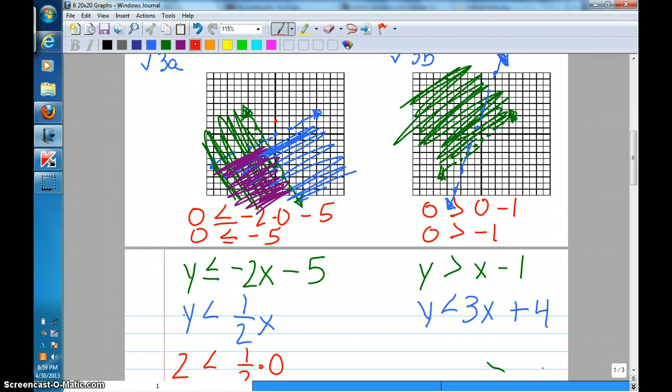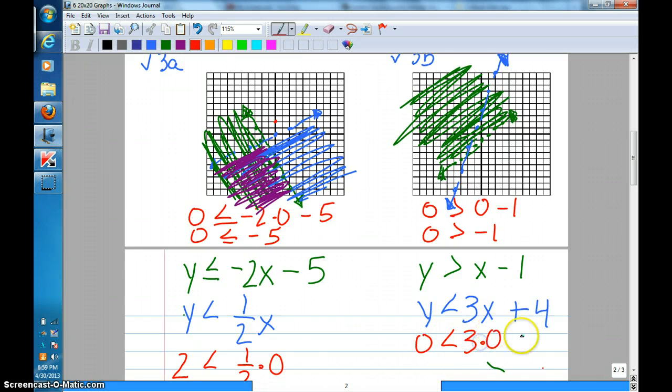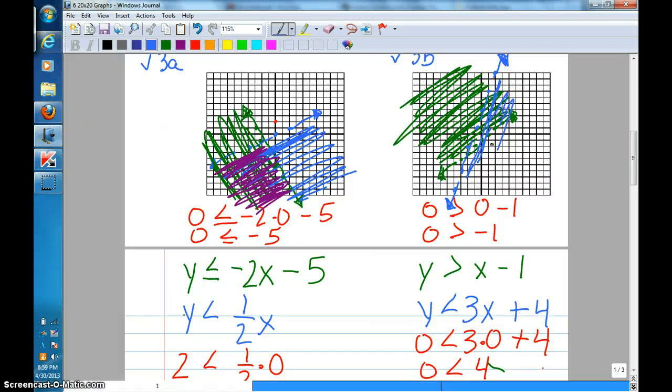Again, I'm going to use the test point because it doesn't cross right over at 0. So you can see why 0 is an easy test point, guys, because a lot of things turn to 0. Yes, that is true. So I'm going to shade in the side of 0, 0. So that is this side. Okay, and then again, you take your pen